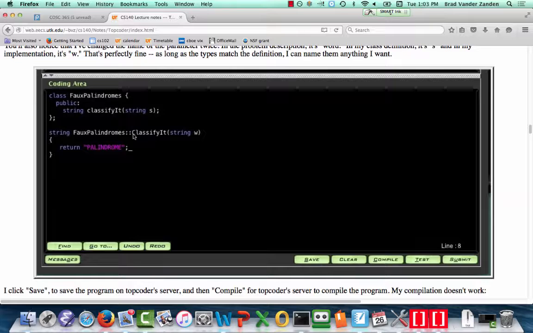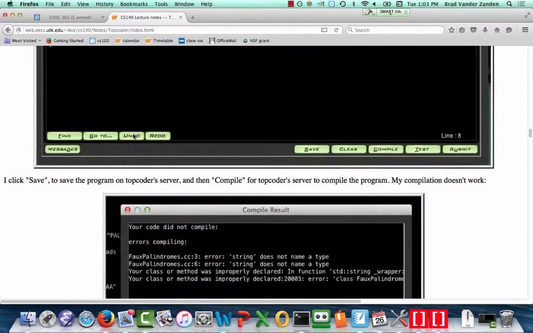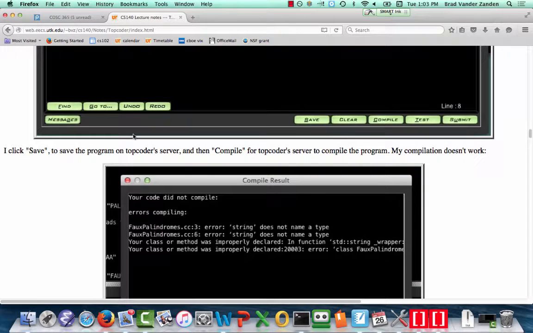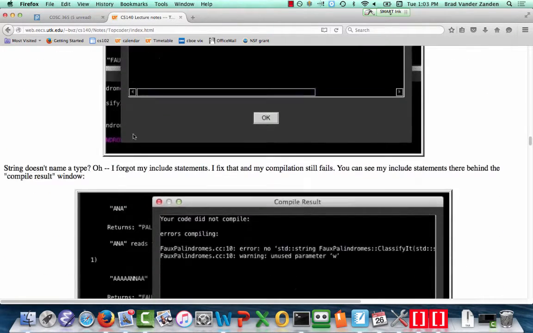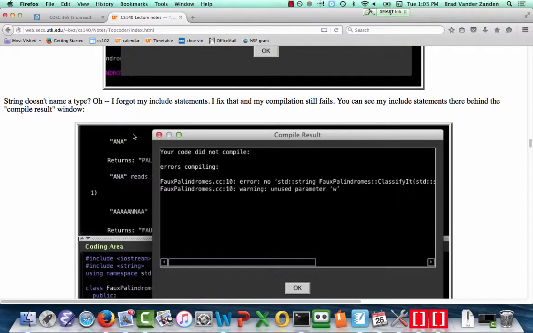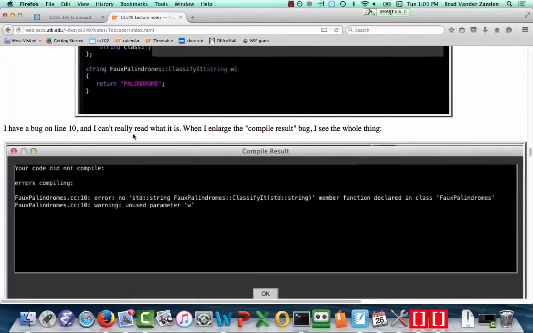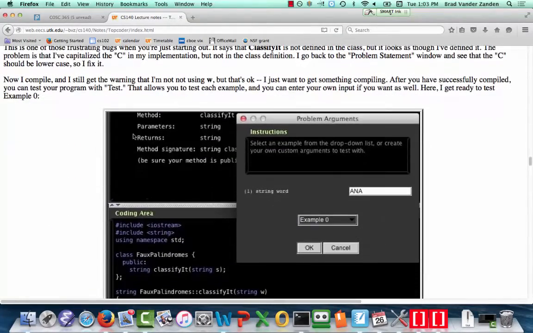It indeed could not find that function in the class declaration because it didn't exist. The C++ compiler is picky about those upper and lowercase characters. So if you fix that problem, and the problem specification said you were to use a lowercase c, so if you fix it,